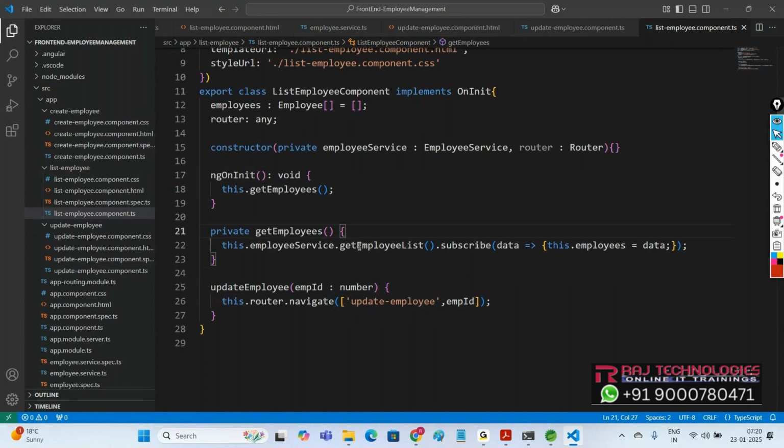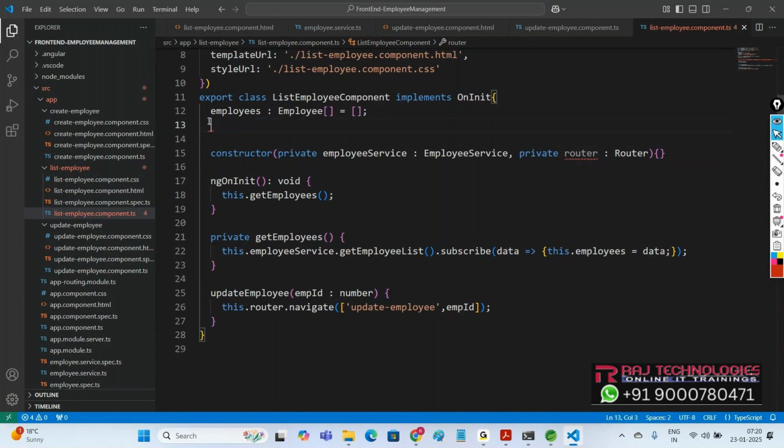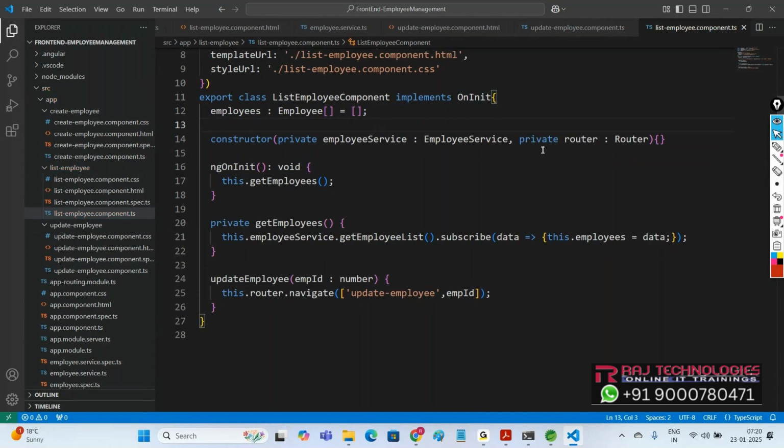Okay. Now, in the constructor we are providing the router. Private router, not required here. Okay, so we have to say private router. Right. Now once we do this step, the updateEmployee method in the list employee component, our next step is to go to this